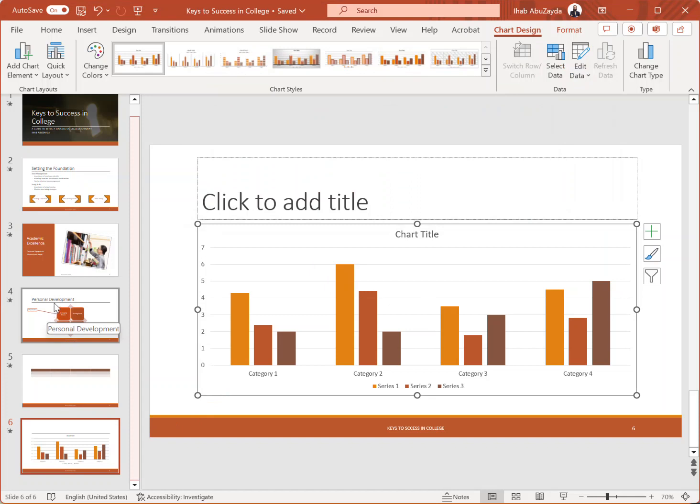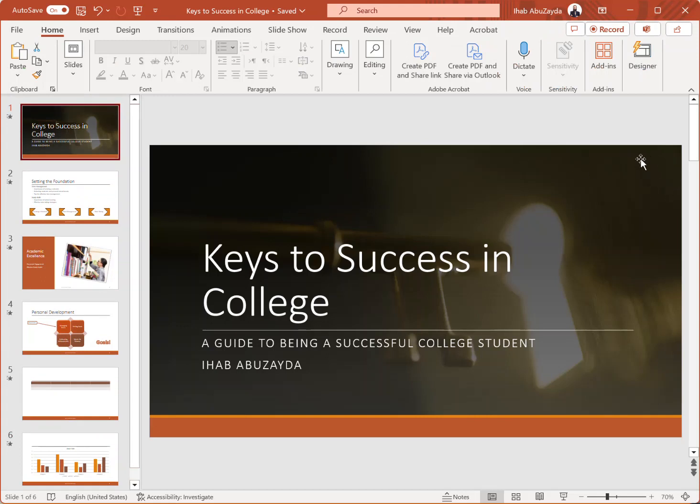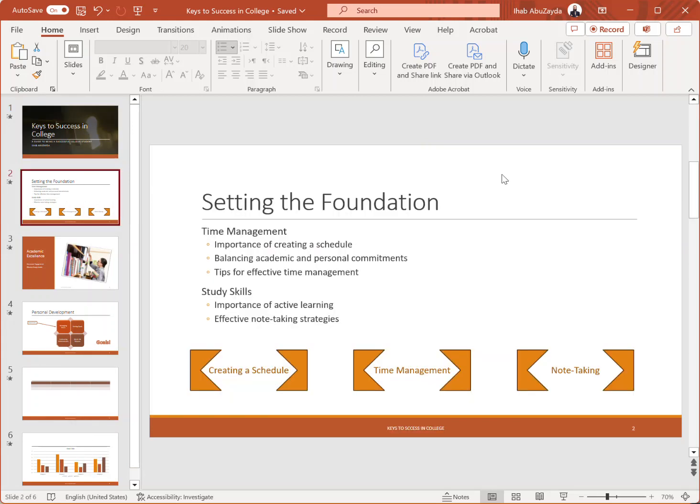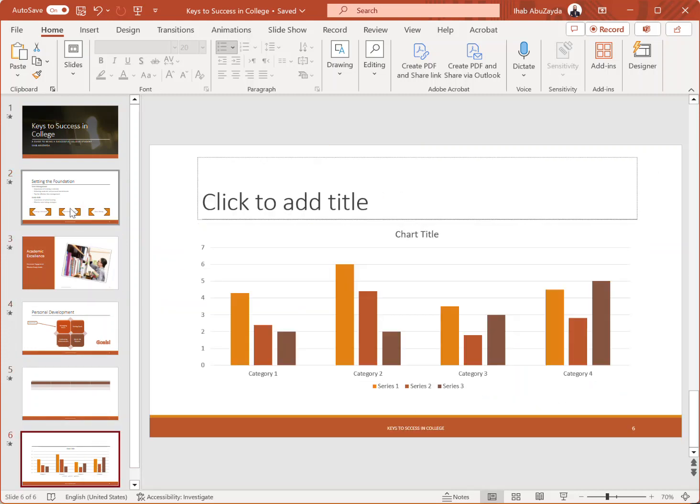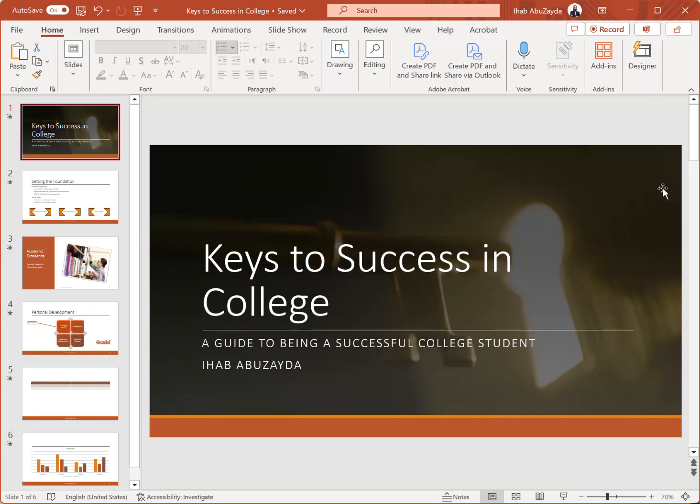Now, finally, let's say I want to add a logo at the top right corner for every single slide. We have in total 6 slides. If I were to add a logo at the top right corner for each one, it's going to be time consuming. And imagine if you have 60 slides where you want to add a logo at the top right corner. That will be too much work. Instead, we can change the master slide, and any changes you do to the master slide will impact all of your slides. So anytime you want to make universal changes to your slides, it's a good idea to do it